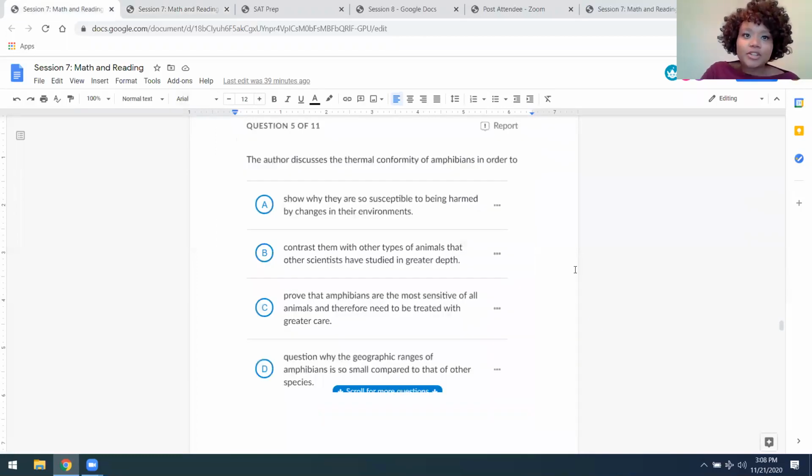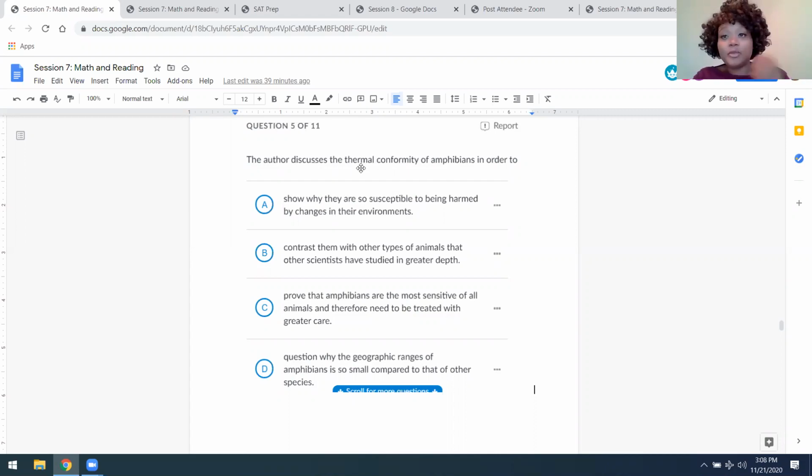All right, so the question is, the author discusses the thermal conformity of amphibians in order to... these are kind of complex words. If you don't know what a word means, you can always try to figure out what it means based on what it sounds like, because words are connected and they use the same root words or bases and prefixes and stuff. So thermal, thermometer,